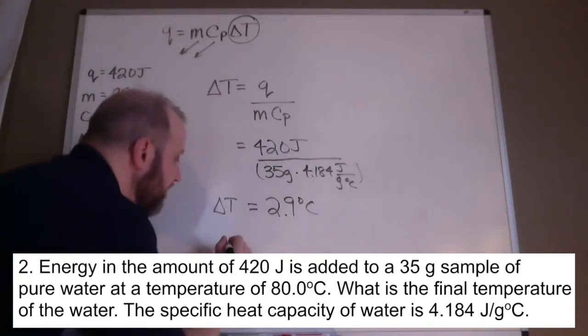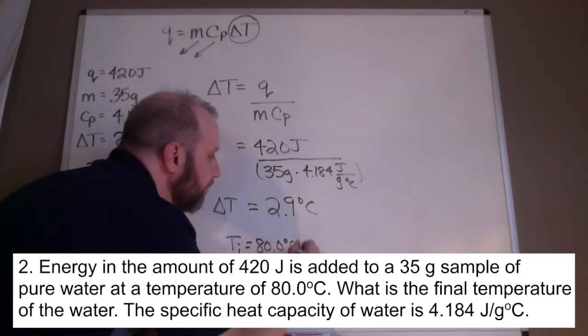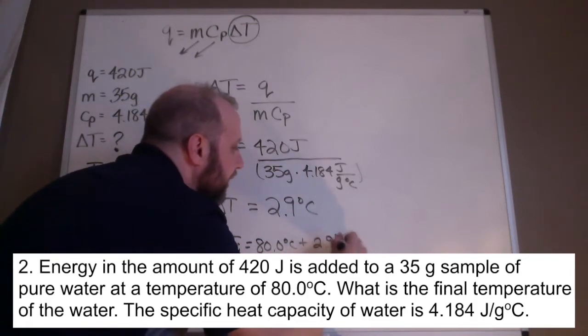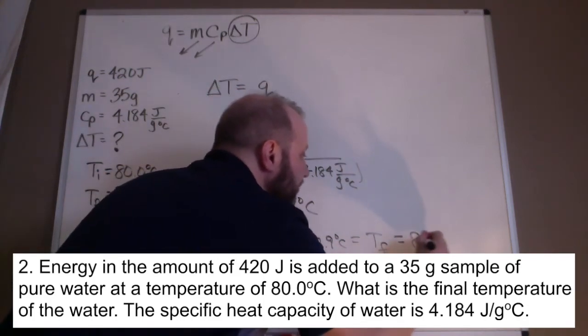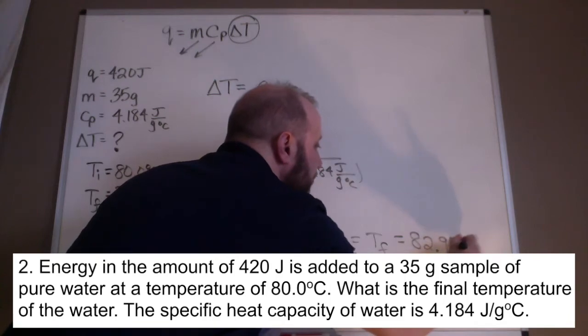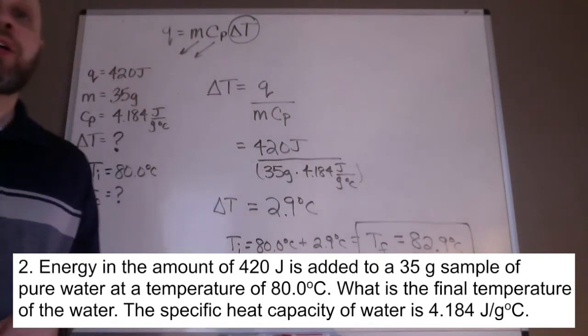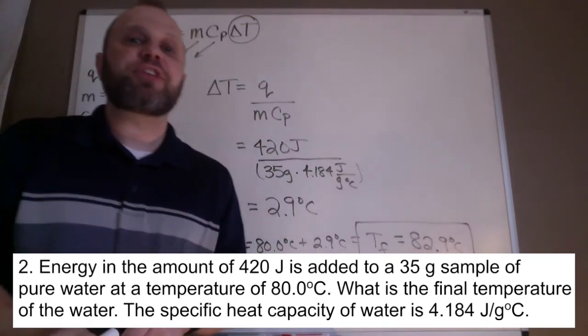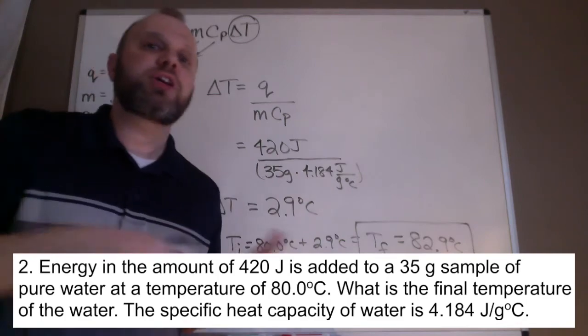So we're going to take our T initial, which is 80.0 degrees Celsius. We're going to add this 2.9 degrees Celsius to get our T final, which in this case is 82.9 degrees Celsius. Read the questions carefully. Don't just plug in numbers and assume that because you're given a temperature, it's your delta